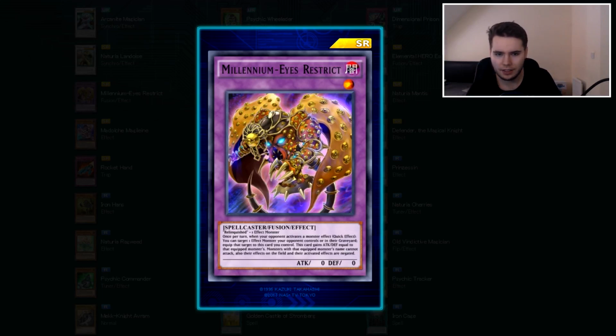If it was Thousand Eyes, I'd have been way more like, whoa, they're doing that, but Millenniumize is actually really interesting. So it's a level 1 Spellcaster Fusion, 0 attack and defense, obviously. Requires Relinquish plus 1 effect monster, so it's pretty easy to do. Once per turn when your opponent activates a monster effect, it's a quick effect,